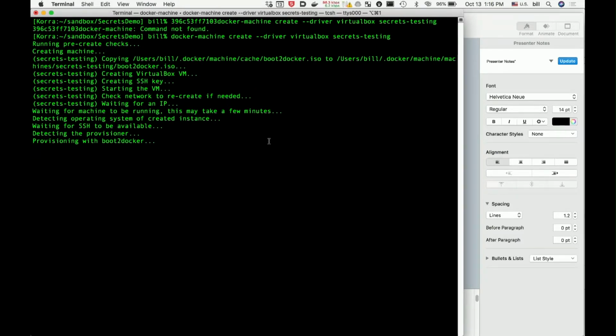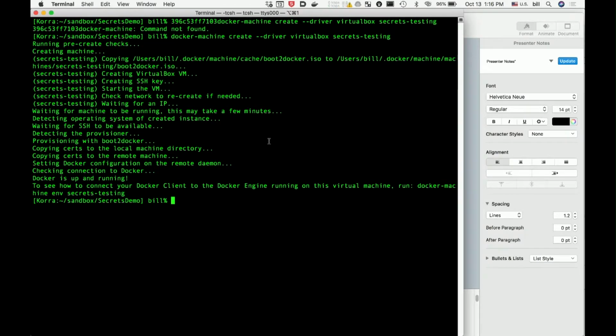Swarms are defined by stacks instead of Docker Compose. But the Docker Compose configuration file and a Docker stack configuration file are very similar. They're structured in almost exactly the same way. But with Swarm, you're explicitly saying, I'm not only spinning up a Docker engine that's going to run these containers, but I may be spinning up multiple Docker engines across multiple hosts that are all going to run this set of containers.